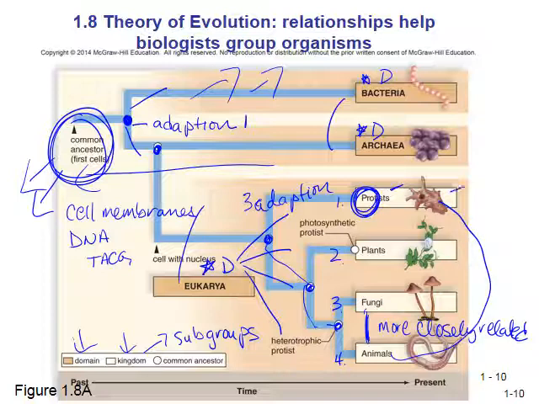If you don't know what protists are, these are usually aquatic, kind of water. They're still in this eukarya group, so they have a cell with a nucleus, but usually you find them in water. It's also kind of our catch-all. If it's not a plant and it's not a fungus and it's not an animal, then it probably is a protist, right?